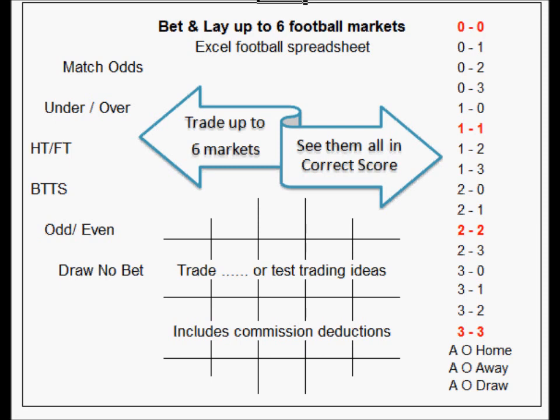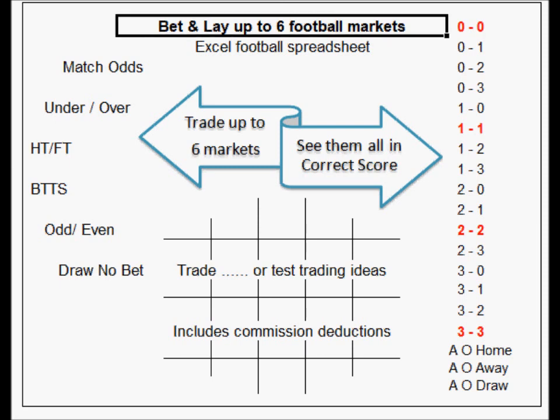So this spreadsheet could cover 6 different football markets, not necessarily the ones that you see here. Choose your own markets, and you can see your profit and loss in individual markets, and you can set the sheet up so that you can see that profit and loss in a correct score format down one side of the sheet, and it combines any markets that you've input. It combines the profit and loss against each of the individual scores, so you can see exactly what your position is at any time. And you can also input bets and lays just to see what will happen next if